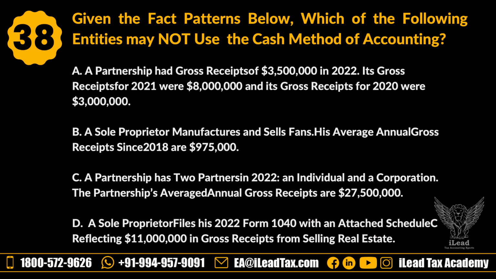So option A, this option is incorrect because if we calculate gross receipts for the past 3 years, it is not crossing 27 million. So the partnership in this scenario falls under the threshold and could use the cash method. And option B also falls below the threshold limit of 27.5 million. So the sole proprietor can use the cash method. And option D,